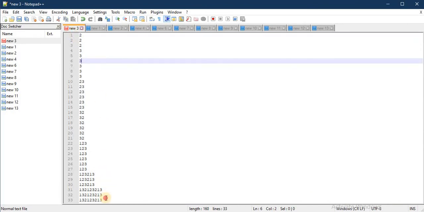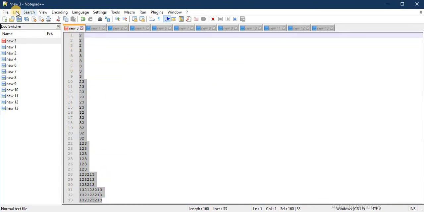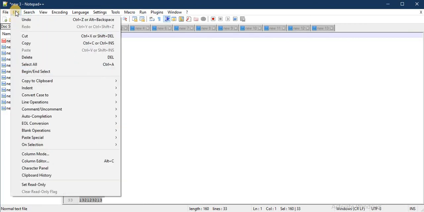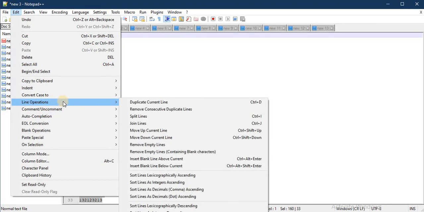Now we have to remove the duplicates. There is another feature in Line Operations: remove consecutive duplicate lines. Because it removes consecutive duplicate lines, that's why we sorted. You can sort in ascending or descending, any order, and just remove duplicate lines.